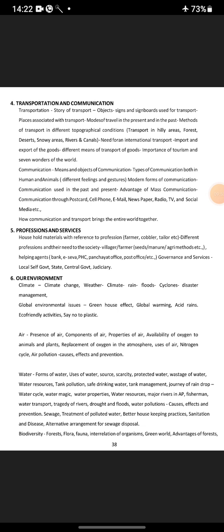communication, means and objects of communication, types of communication, both in humans and animals, different feelings and gestures, modern forms of communication. Communication used in the past and present, advance of mass communication, communication through postcard, cell phone, email, newspaper, radio, TV and social media, etc. How communication and transport bring the entire world together. Professions and